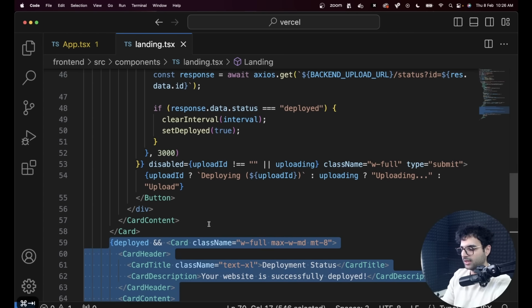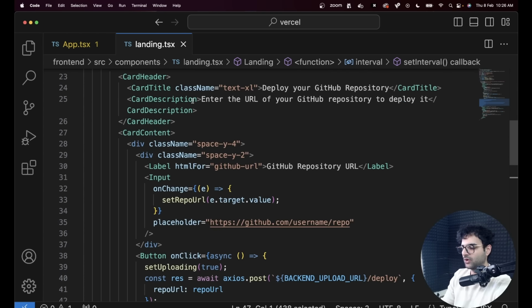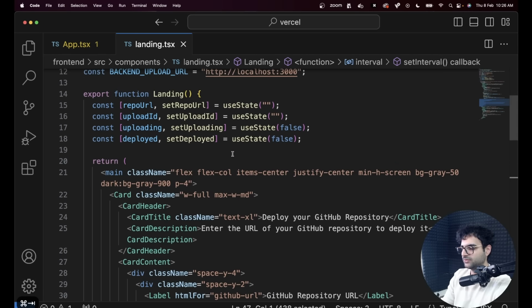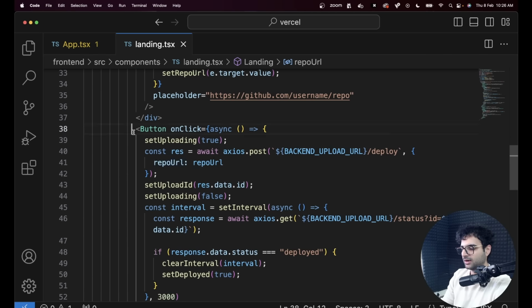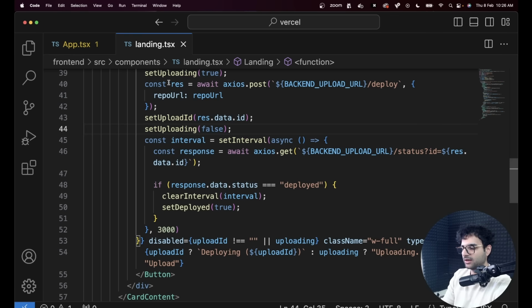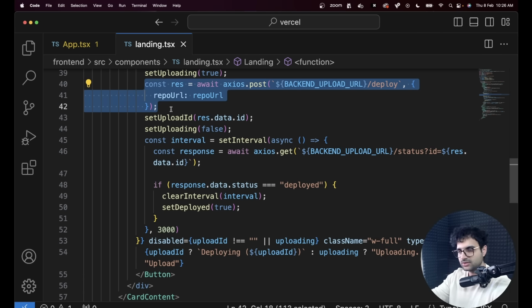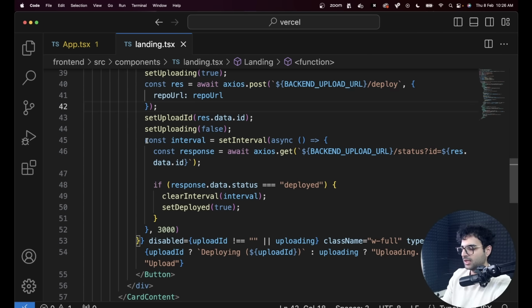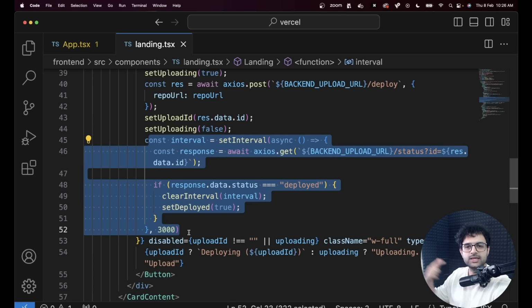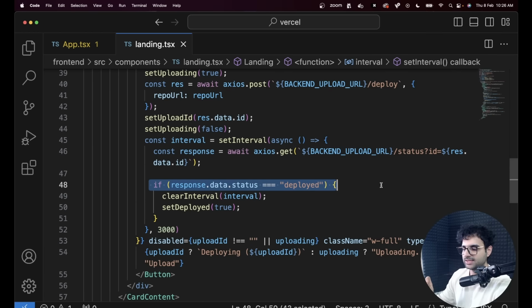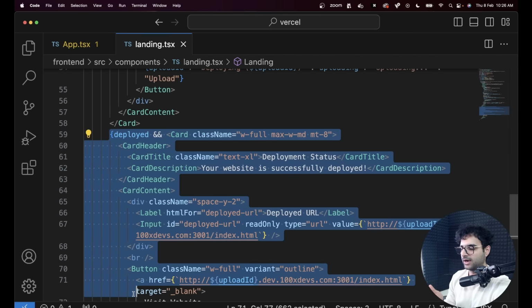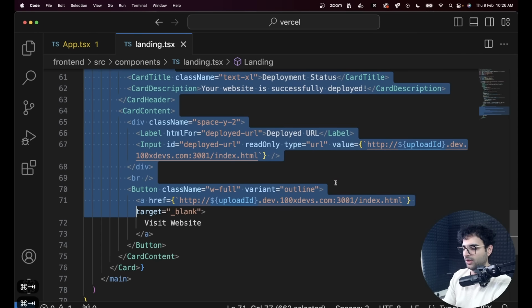If it has been deployed, then the second card renders, which is this card right here. If it has not been deployed, then only the first card renders, which does what? It gives you an input box whose value you can put in this repo URL. And then finally, a button clicking on which you send a backend request to the upload service, your very first service, and you start an interval that starts polling the endpoint. Has the status changed? Has the status changed? And when the status becomes deployed is when you know, yes, the project is deployed, you set deployed to true, and the next card renders, which shows you that you can visit the website on